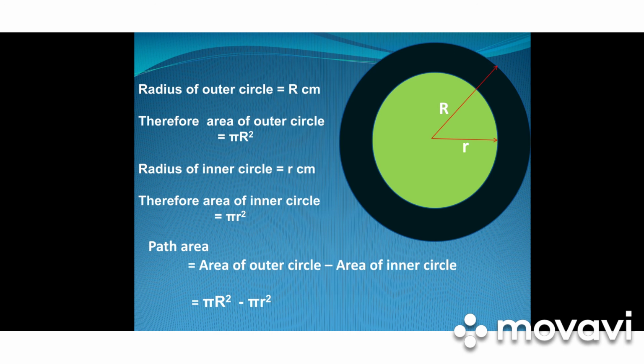We have discussed pi already. Pi is 22 by 7. This we discussed when we were discussing the circumference and area of the circle. So where pi is 22 by 7. In this way you can find the area of the path around the square and circle. We can even find it around the rectangle, and you can use this application to find many more further. So we will discuss them in our next class. Thank you.